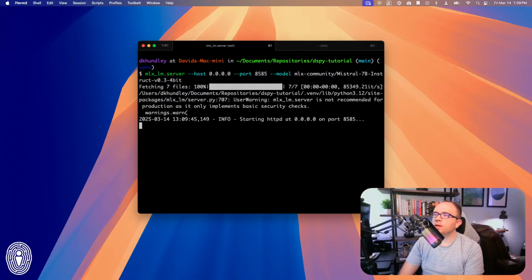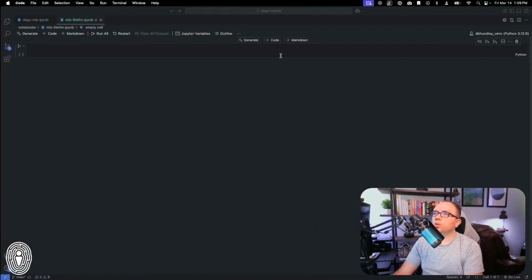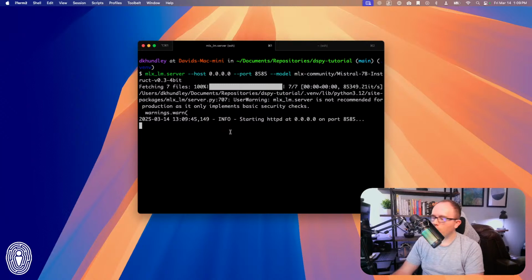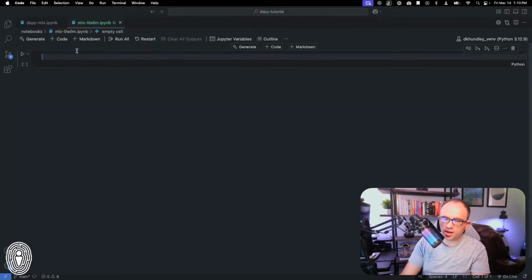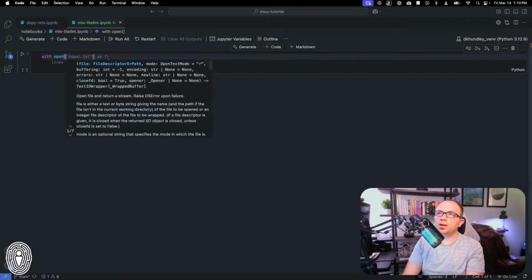So now to start it up, in order to invoke this, we actually have to call it just like we would any other API. Okay, so what I'm going to do is go over into here, and right now I'm just demonstrating how the LLM API works. Like I mentioned, I'm on my MacBook Pro right now, meaning that I have to load in my IP address. So what I did was I saved that to a local file, so that way I'm not exposing that. So I'm going to do with open,